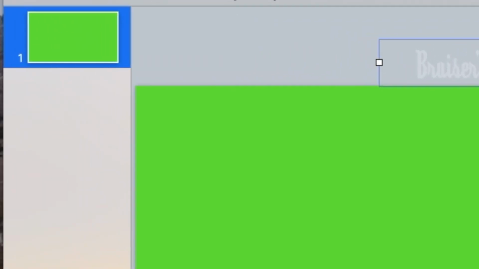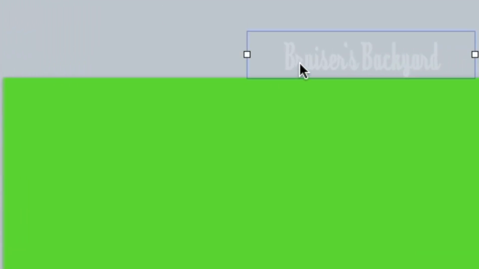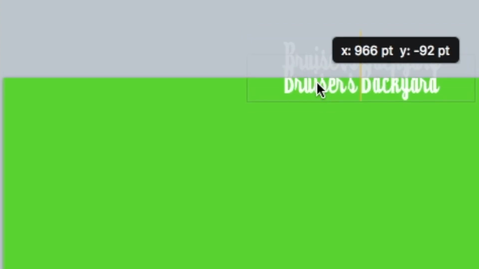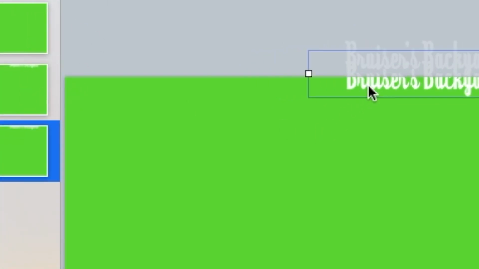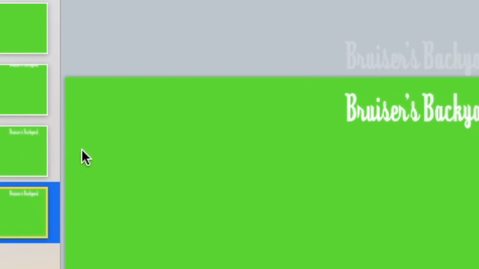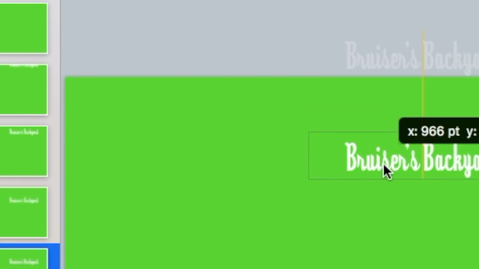So I'll start off with my Bruiser's Backyard logo above the scene, and it will drop in. I'll create a new slide using the duplicate Command D button, and then I will move the Bruiser's Backyard. As you can see here, I duplicated the Bruiser's Backyard as well so that I have one that stays at the top, and I can see exactly that my Bruiser's Backyard is dropping straight down because of the auto alignment